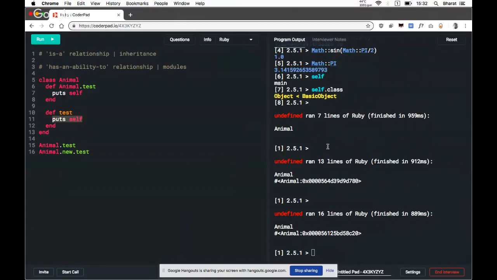We can't replace this here because every object has a different object ID. So self returns contextually relevant information, and this is useful, also for specifying whether it's a class method or an instance method. It's also useful in inheritance.